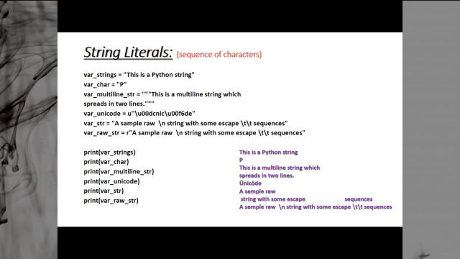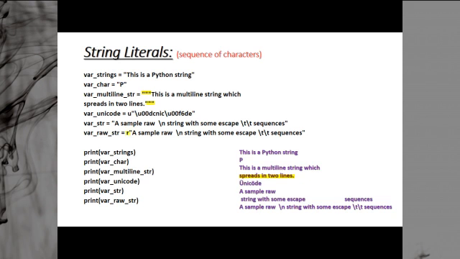So this is a Python string, then this is a simple character, then a multi-line string. We can create a multi-line string. This is a multi-line string which spreads over 2 lines. Multi-line strings can be created either with 3 consecutive single quotes or 3 consecutive double quotes, and similarly ended with 3 consecutive single quotes or 3 consecutive double quotes. You can have as many lines as you want, there is no restriction. But the position will matter. If I write starting from the beginning, my output will come from the beginning. If I write starting from the middle, my output will come in the middle. Then we have this, a raw string.